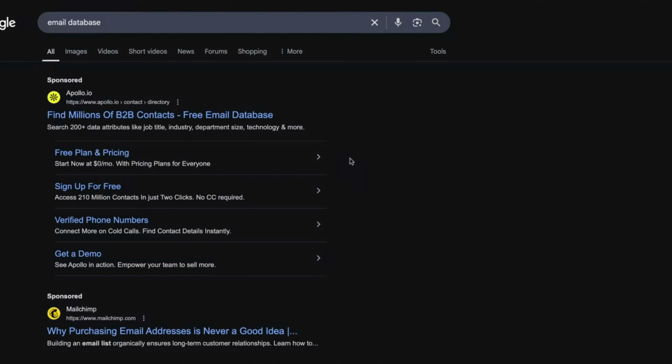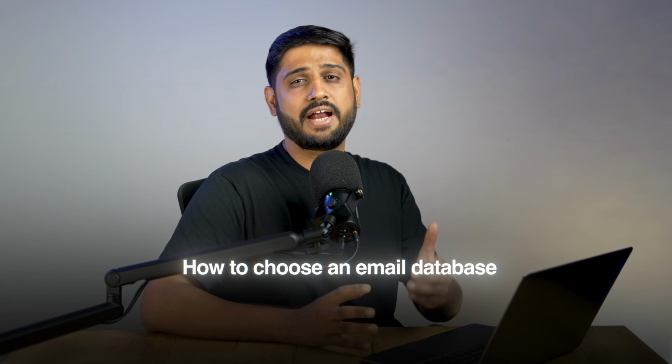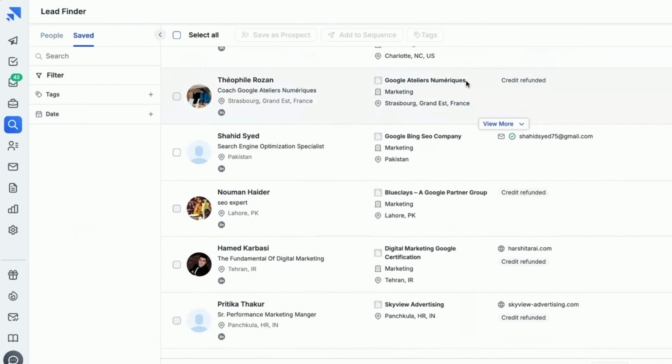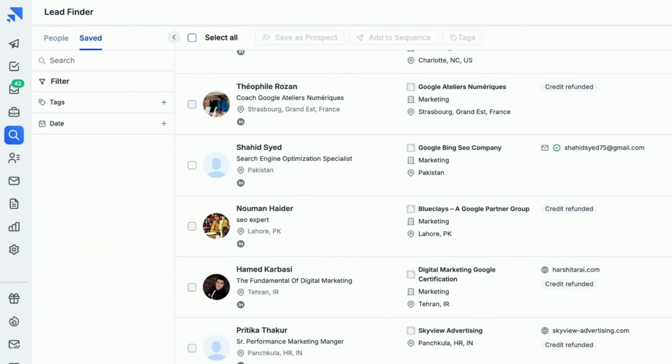And I can see the list narrowing down. And it is way easier to reveal email addresses in bulk than manually scraping emails from the web. It also reduces a lot of your time on prospecting. Plus, you get quality leads. If you want to know how to choose an email database, I have a guide linked in the description. You can have a look. So by now, you should have at least 50 to 100 potential clients to reach out to, and that is your foundation. Let me just move to the next step.